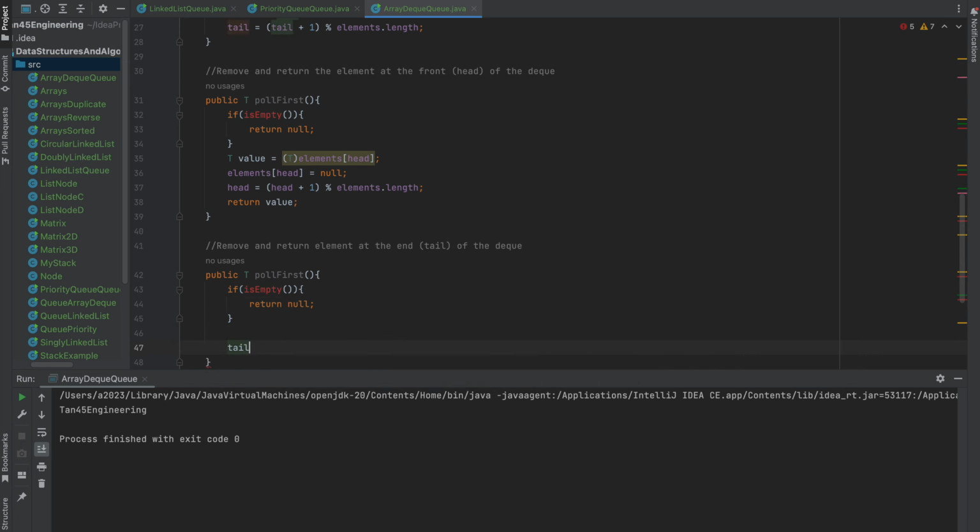Otherwise, first we will update the tail and then we will return the value. For addition, we were first adding the value and then updating, and the same was reversed for pollFirst and pollLast. Okay. So now we have to first change the value. So tail will become tail -1